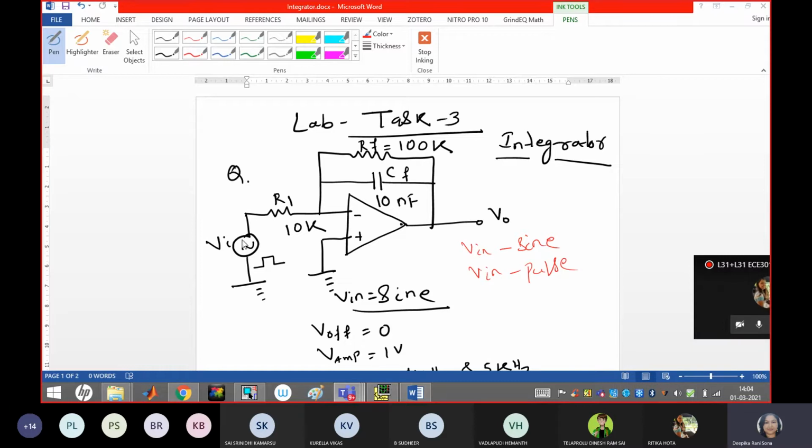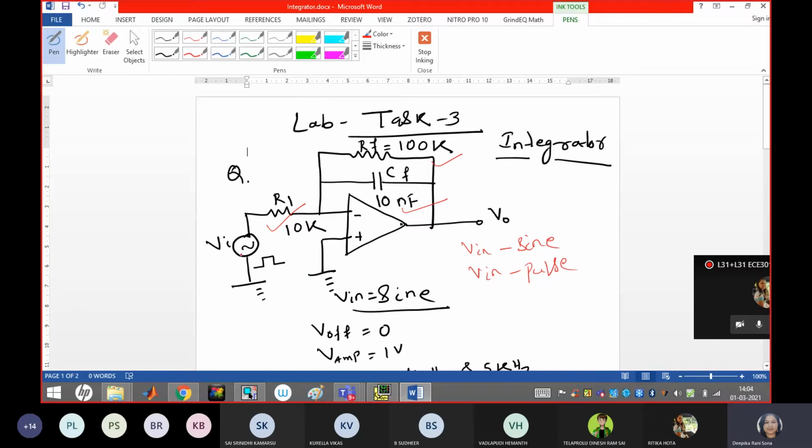Let's see first the input characteristic with respect to the sinusoidal waveform. Guys, you have to build the circuit like this with 100K as RF, Rin or R1 is 10K, while CF is 10 nanofarad. You have to use these values, and pin number 3 should be grounded.